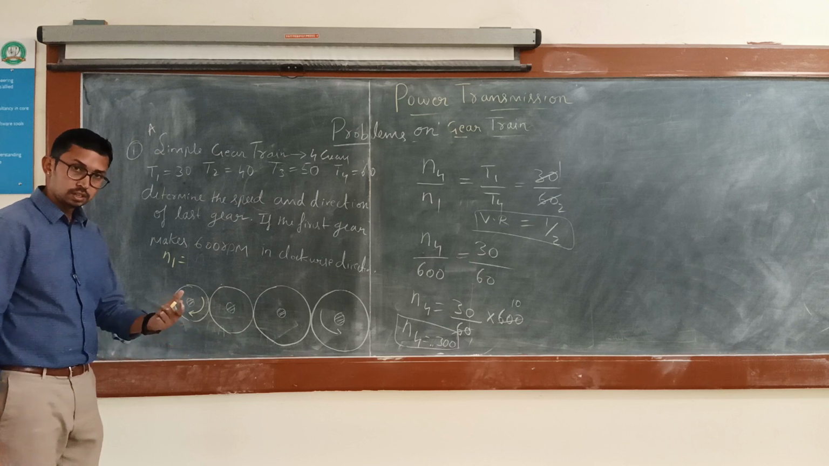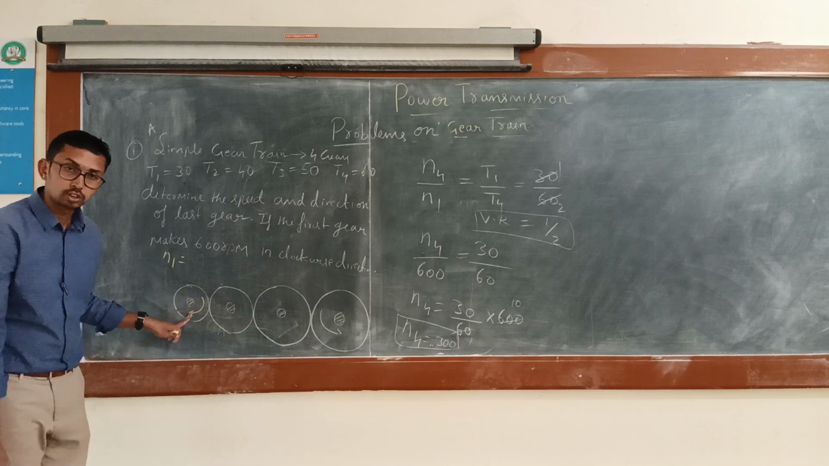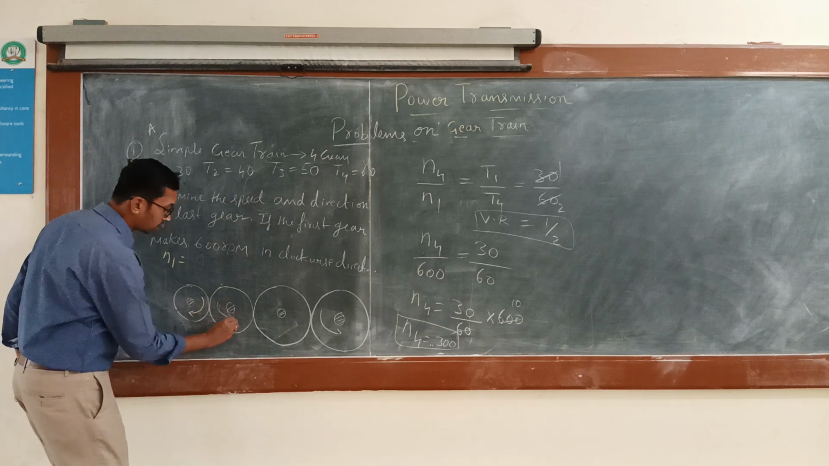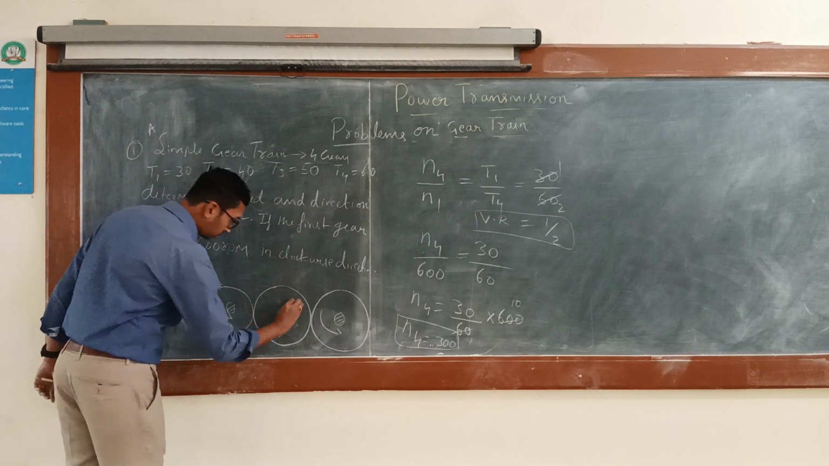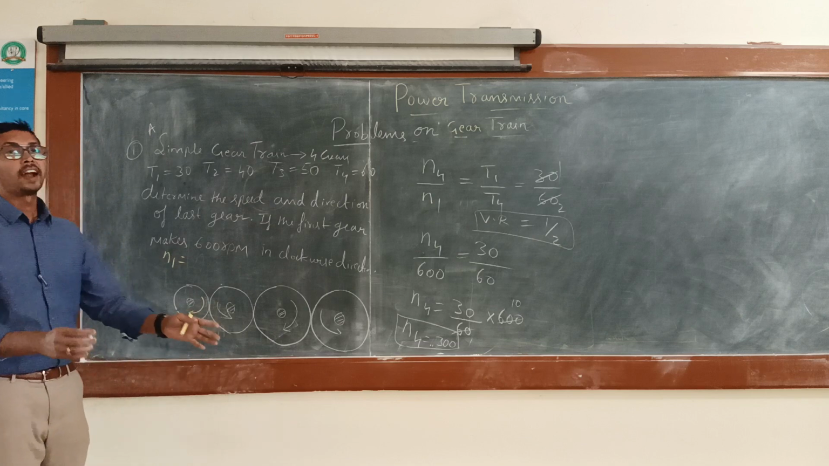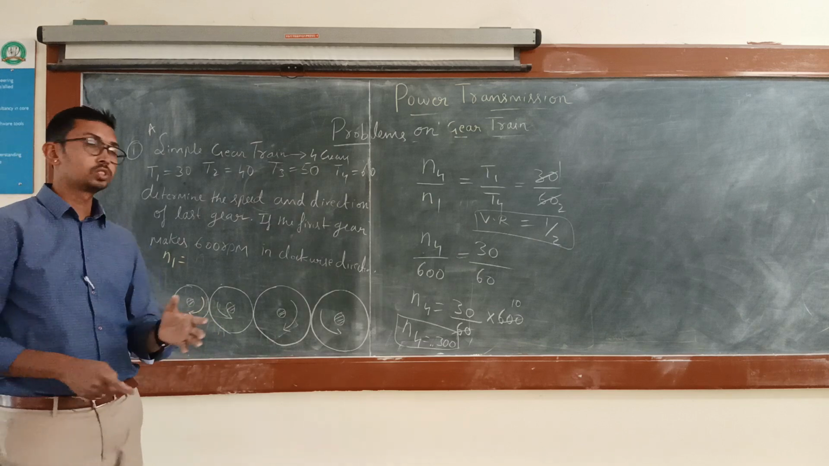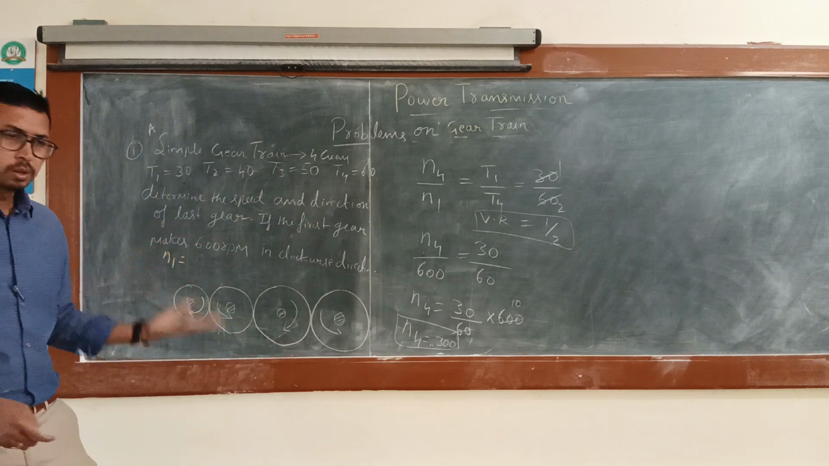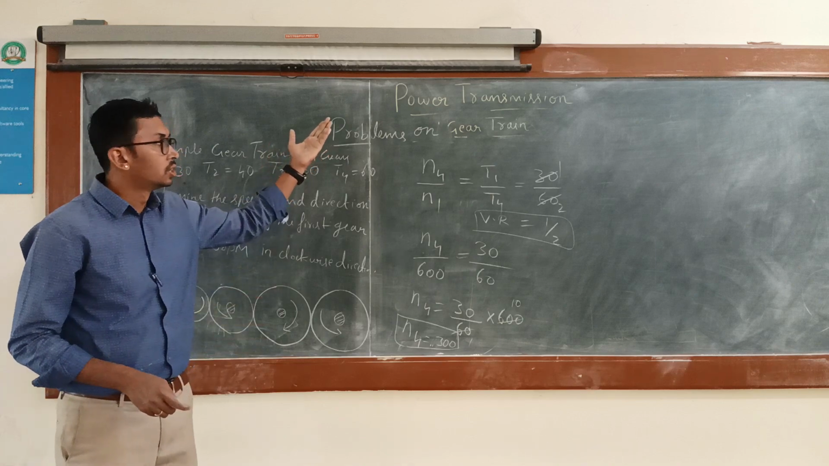You can just verify that. See, this is rotating in clockwise, so this one is going to rotate in anti-clockwise. So this one is going to rotate in clockwise, and therefore this one is going to rotate in an anti-clockwise direction. So this is how we are going to solve the simple problems related to the velocity